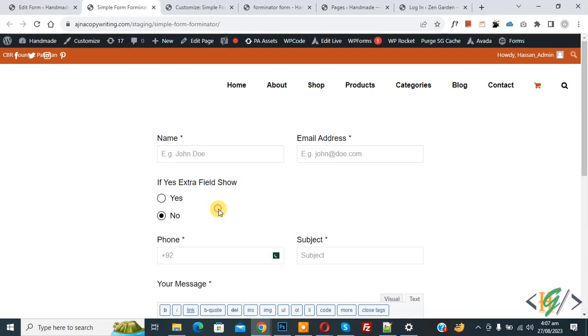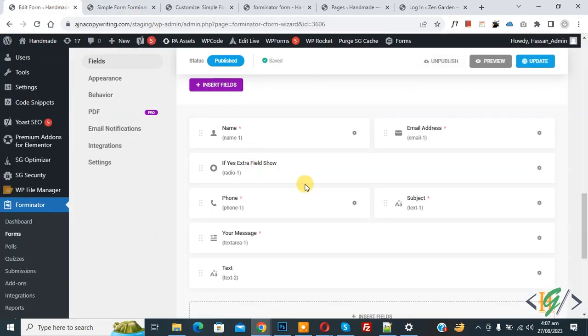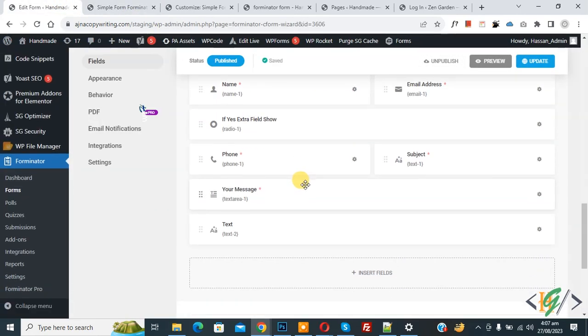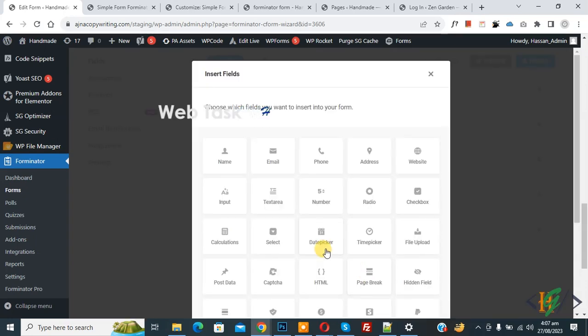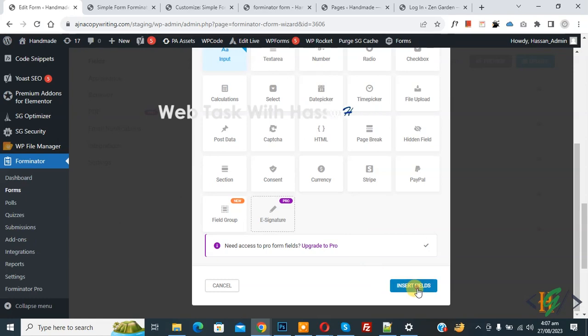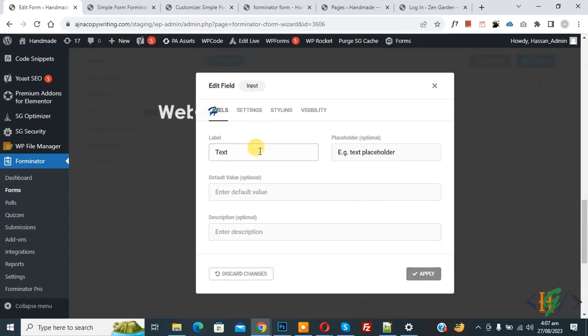Now go to edit form and now we are going to add extra field. Now you see insert field, so click on it and then you see input, select, and then scroll down, click on insert field. Now pop-up opens and then you see label, so you can add text according to your requirement. So I added some text, extra field for radio, and then you see visibility, so click on it